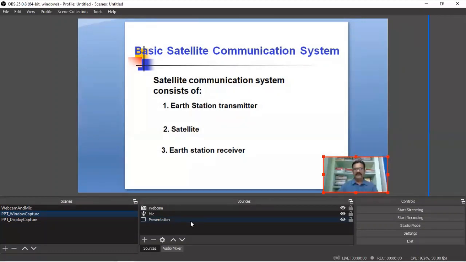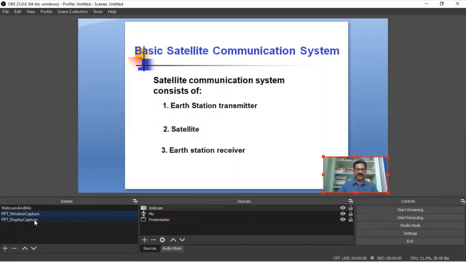You can only run the PPT and explain. Minimize the OBS. Even if you minimize OBS while running the PPT, you can record the video. For recording, we have a button here, start recording. I'll explain these controls also in detail.